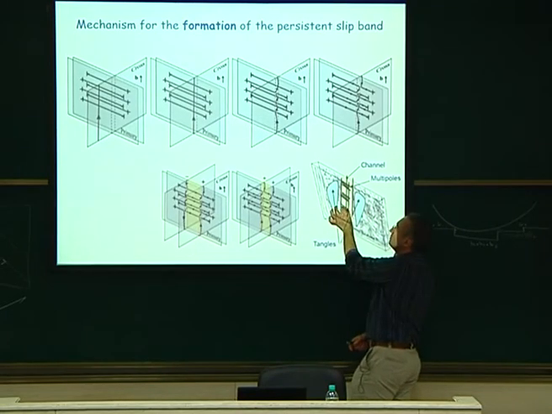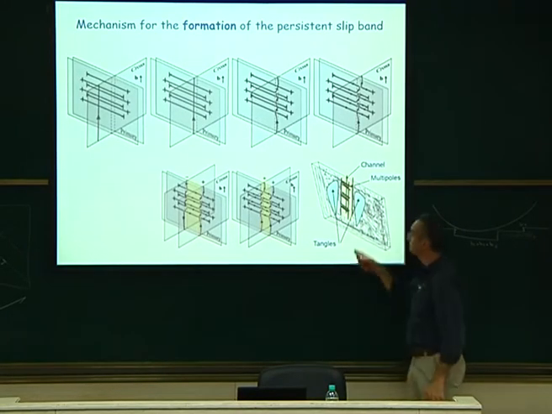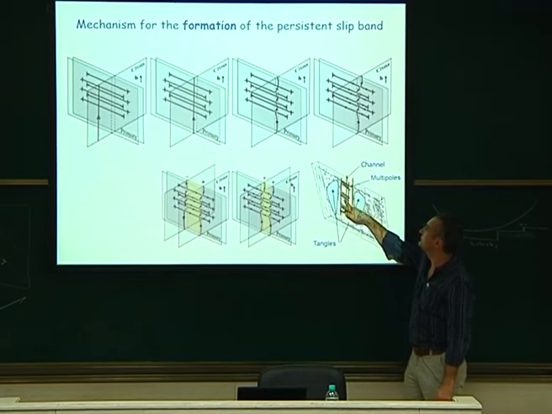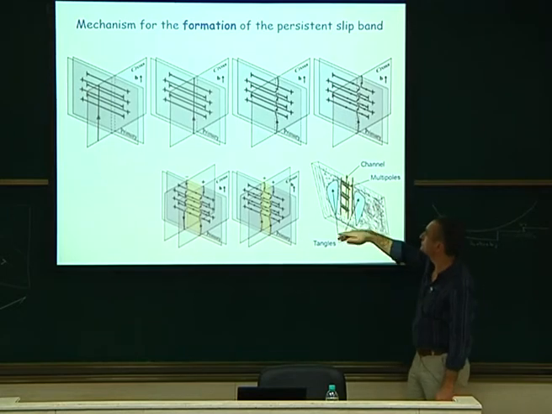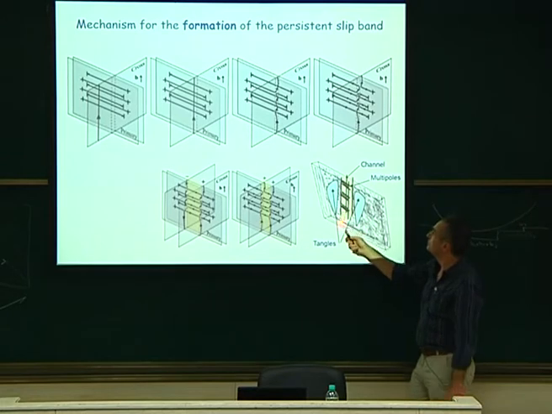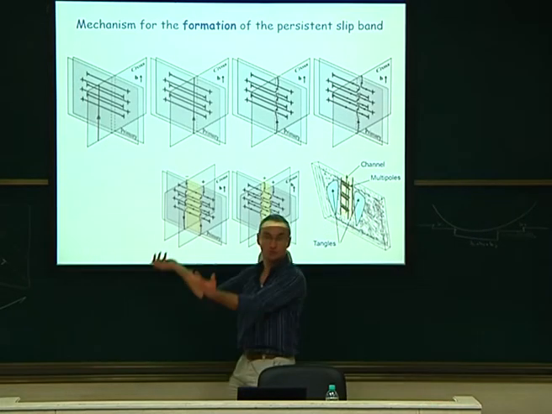Here now you have multipoles. You have the prismatic loops, but many of them, maybe 10, 100 prismatic loops. And at different places, you have these prismatic loops. This corresponds to the ladder of the PSB that we saw experimentally. And this can go and escape toward the surface. And at that place, it may lead to extrusion.